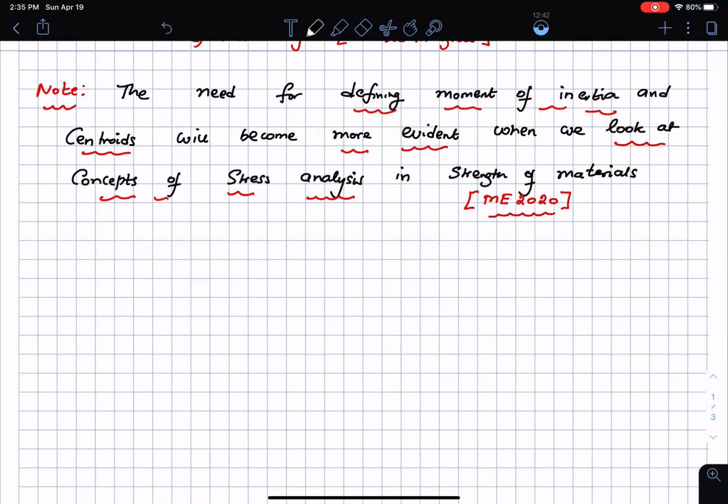Once again, no proof offered. I'll be showing the proof in my lecture notes, so it will not be proved here. But the basic idea is this: